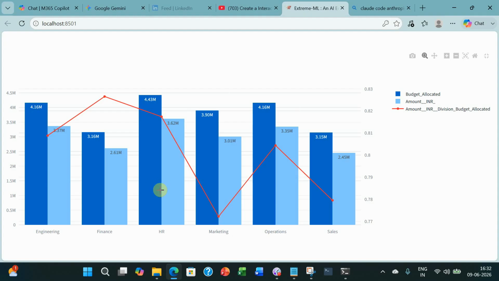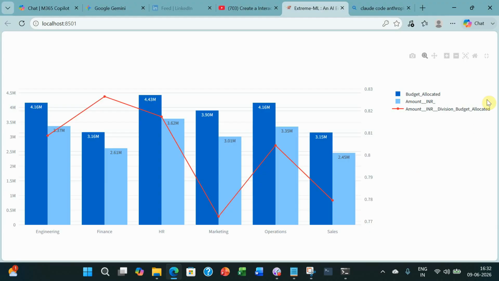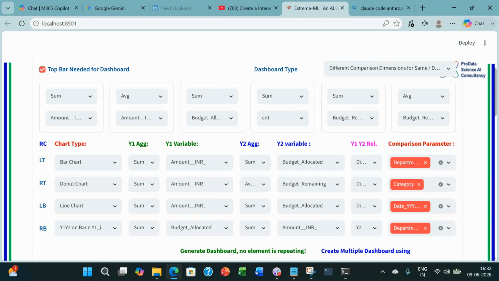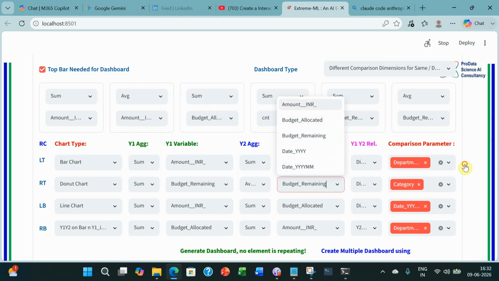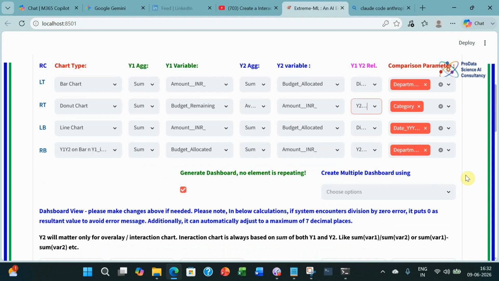If for any reason you want it in the same order in which it was, because if you look at this particular place, the right side is budget allocated and left side is amount spent. So that also you can achieve very easily. All you need to do is just go ahead here and just select the other way, so budget remaining and asset allocated, and here you say that, okay, now you are looking at Y2 divided by Y1, because obviously you like to take how much of the budget has got expended. So now if you take a look,